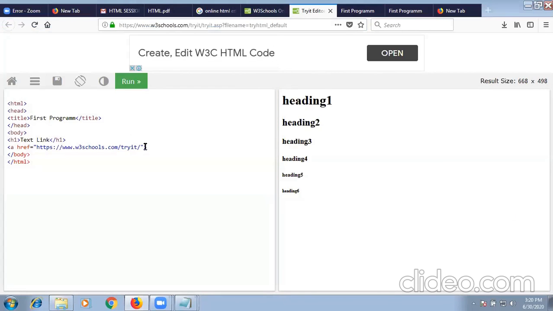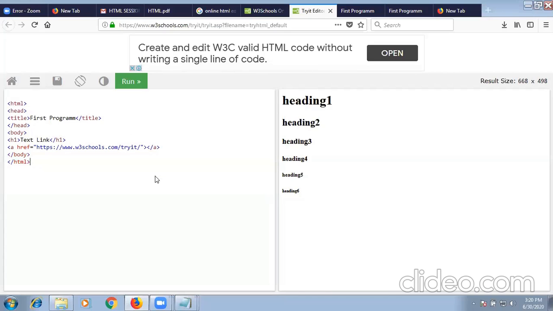Then you have to close it. As you have opened the anchor tag, you have to close that particular tag by slash a. Okay, then we will run it.